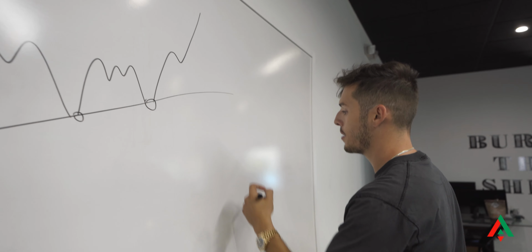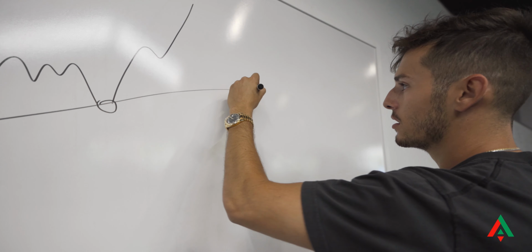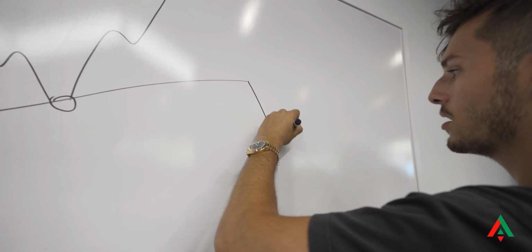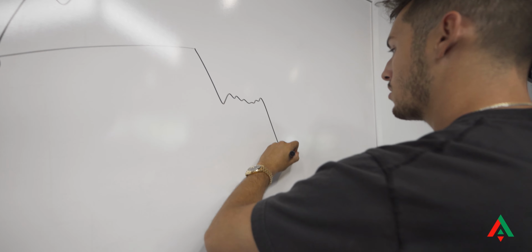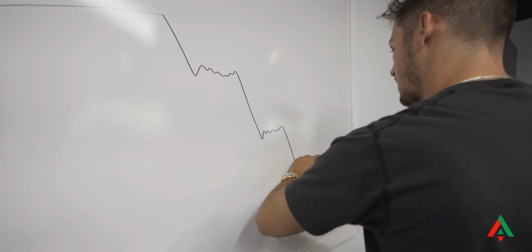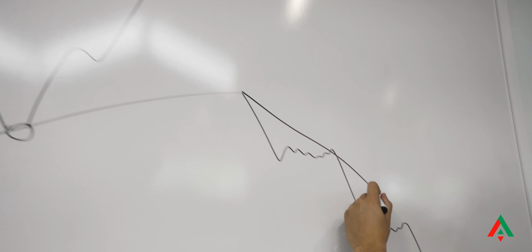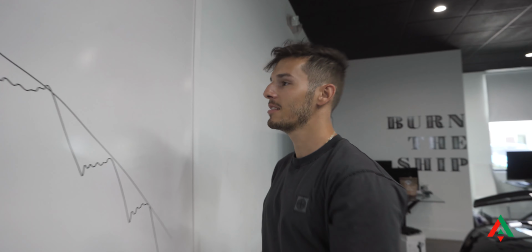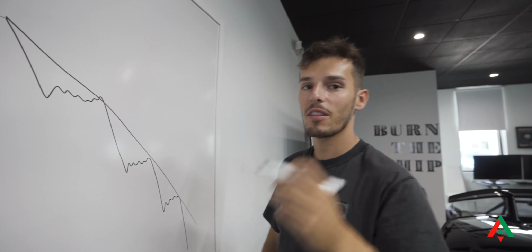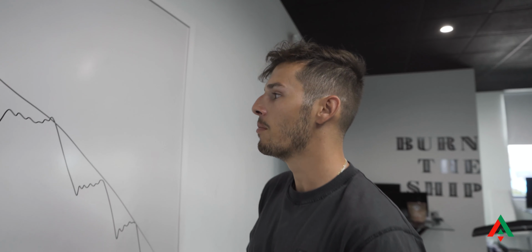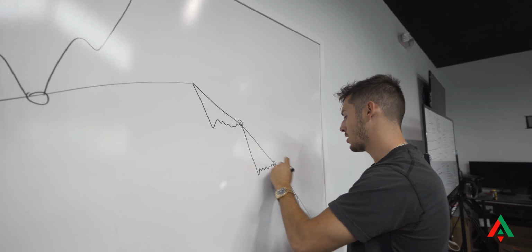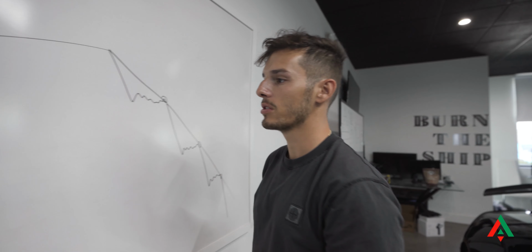Now, a downtrend example would look something like this. Let's just say the market decides to reverse from here, comes down. Now your trend line would look something like this. This one might have a curve in it because it's drawn by my hand, but when we go to the market, we'll give you that perfect example. With the downtrend, you're connecting your highs. So we'll just write right here,